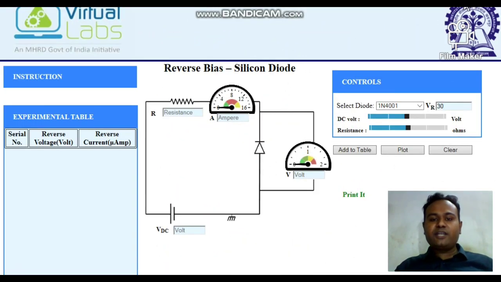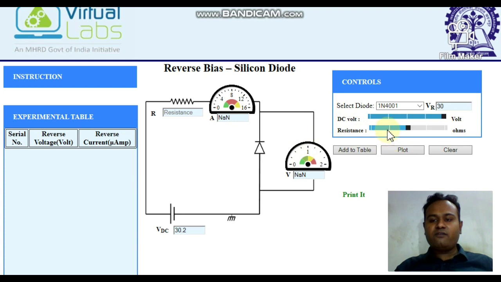Except for the reverse connection of the PN junction diode, a few more changes can be observed. Here we can see that the milliammeter is replaced with a microammeter, and the battery with 0 to 5 volt range is replaced with a 0 to 30 volt range. Now we can proceed to take readings.